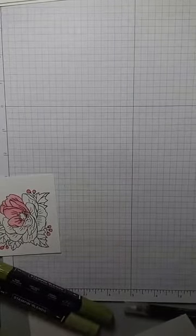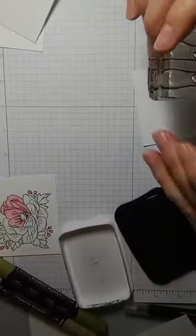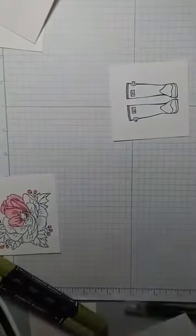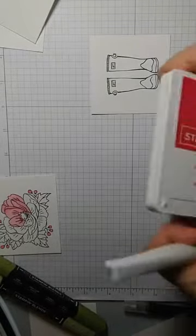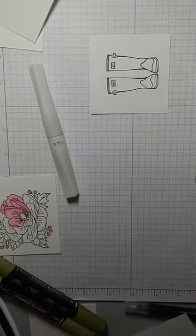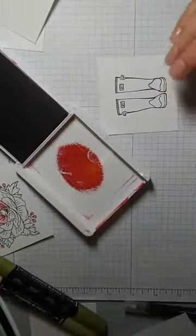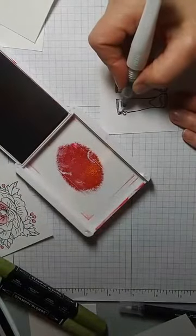Another thing I wanted to show you guys, and I guess we'll just stamp the boots from this month's Paper Pumpkin, because I really like them. They're really cute. So the fun thing, if you haven't seen the Wink of Stella yet, is you can use it just like you would use a blender pen and pick up ink from the cover of your stamp pad. So I just gave it a good squeeze, and you just pick up a little, and when you color with that,